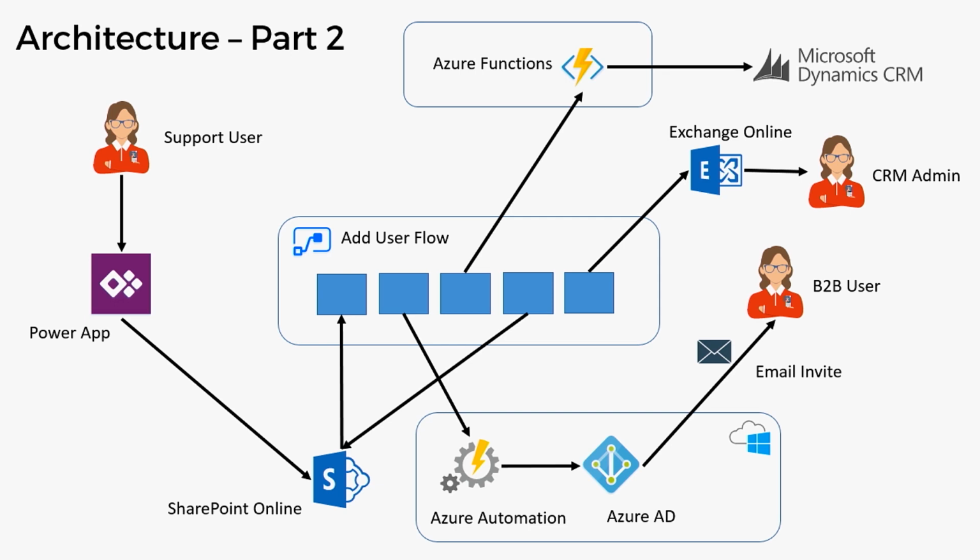So we modified the flow, and we stuck some Azure Functions in there. Now, as I mentioned earlier, with CRM, it's not that easy to do a lot of stuff with PowerShell, but with Functions, I can use the CRM SDK. That's really powerful, and it lets me use .NET code, and I can do some really fancy stuff with that.